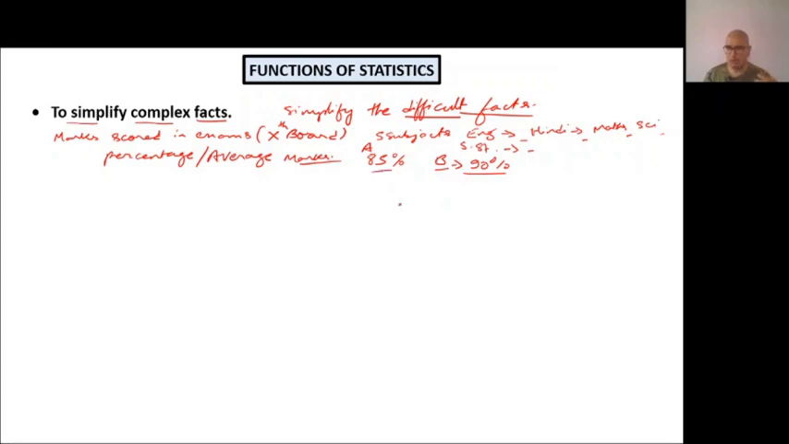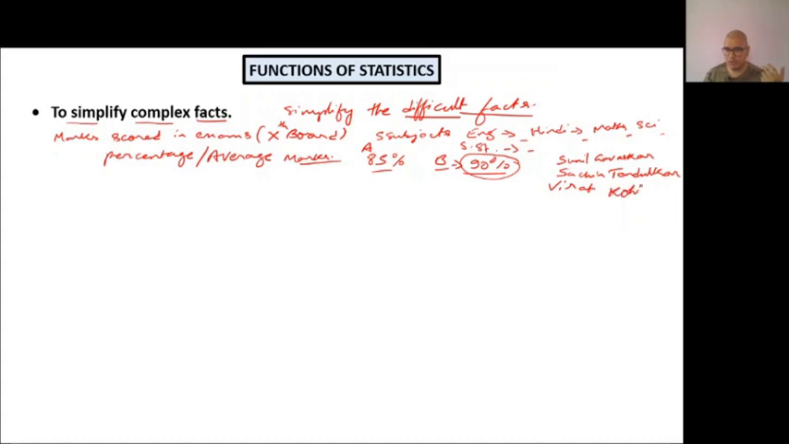So this conclusion we draw by simply looking at one statistic, that is the average. So this is how statistics simplify complex facts. Like you may hear many commentators in a cricket match comparing the great batsmen of previous times, like Sunil Gavaskar, with Sachin Tendulkar,